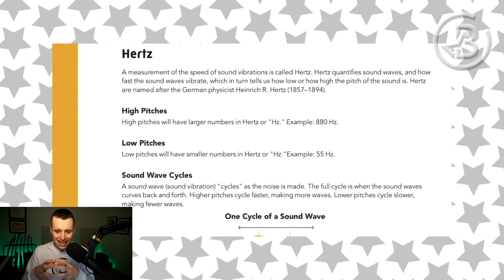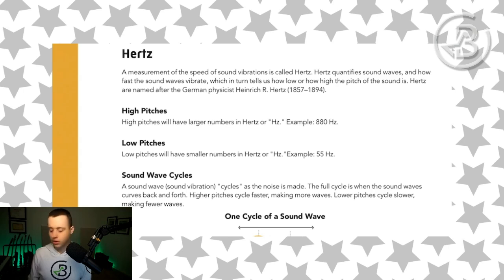The hertz gives a measurement for how many times a note is vibrating, which then tells us if the note is low, which would be a low number, or the note is high, which would be a high number. So higher number of vibrations per second up here, lower number of vibrations per second down there. So high pitches will have a larger number, followed by Hz for hertz, for example, 880 hertz. And then low pitches will have smaller numbers,